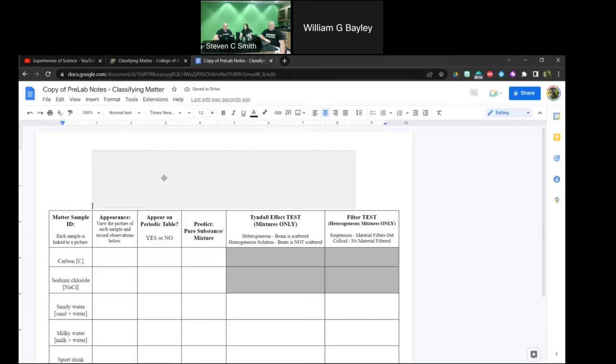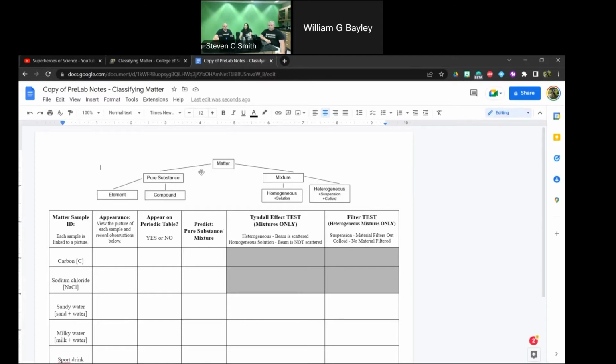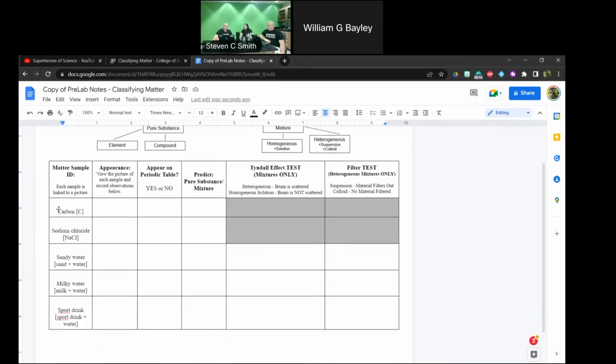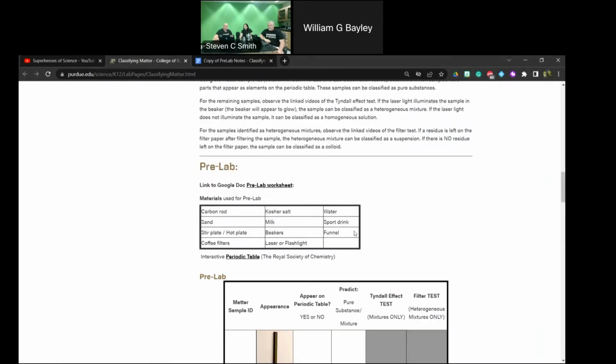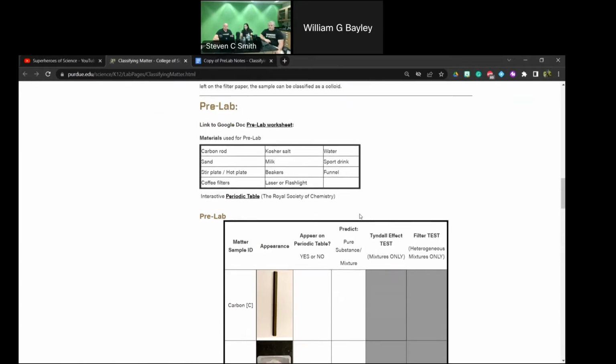And I did include a picture up here. This is also part of the guided notes, in case they miss that or you don't feel like assigning that. This is kind of showing that hierarchy of how we're separating out matter. And this is exactly corresponding with the pre-lab. So this is something that you could print off and the students could complete as they're looking at this. Or, you know, they could make their own list and do this.